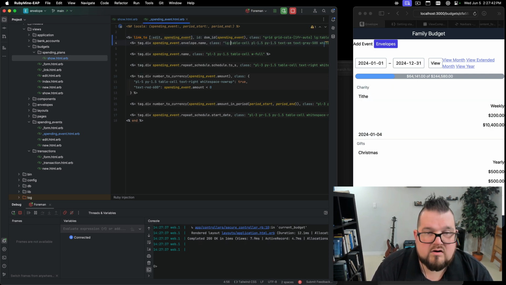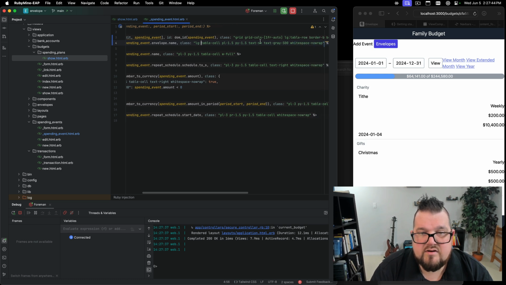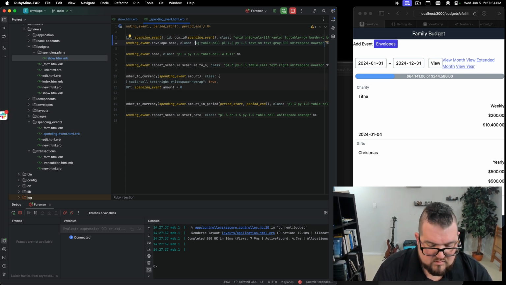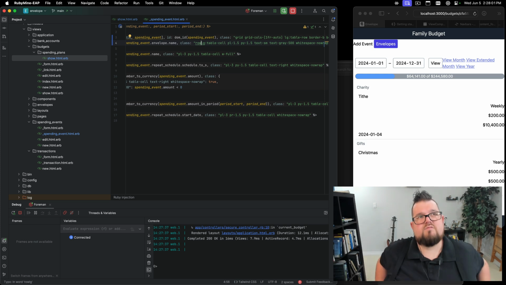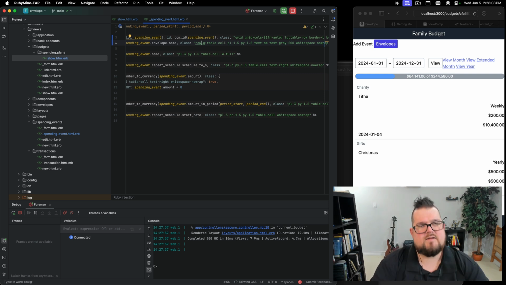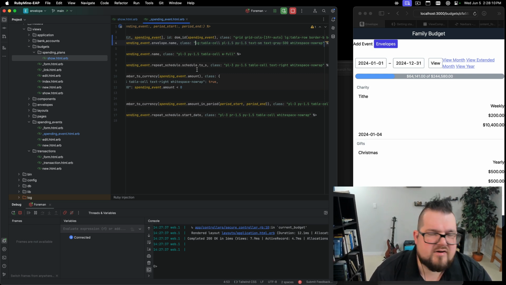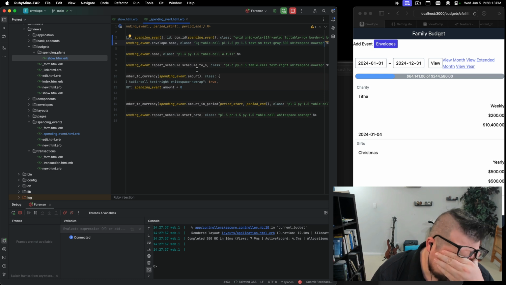Envelopes, this is going to be large table cell. So it's grid cols, large table row. Okay, so this one is going to be envelope name. So large is going to be table cell. And this can be col row. I'm actually not sure how to lay this out right now. I'll have to check the docs. But what I want to do is I want to put this into